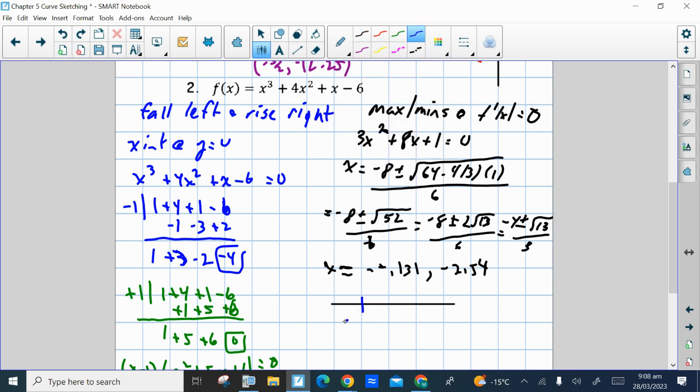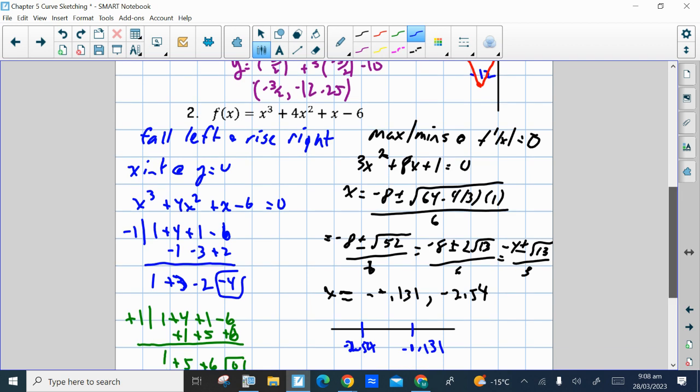So we've got critical numbers at negative 2.54 and negative 0.131. So a number to the left of negative 2.54, like negative 3. When x is negative 3,